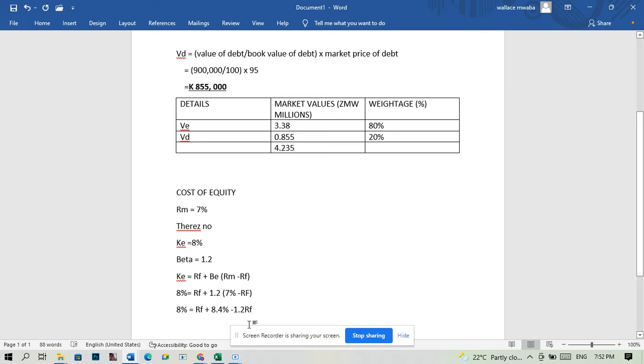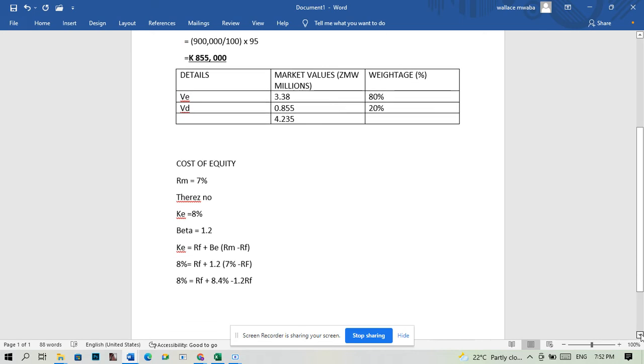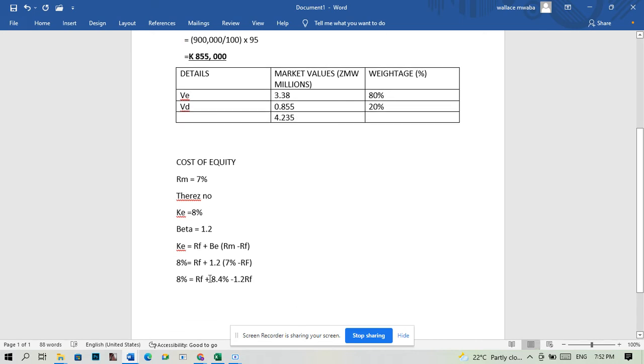Then we put like terms together. This 8.4 is going to cross over to the other side. So we'll have 8% minus 8.4 equals, then we'll have RF